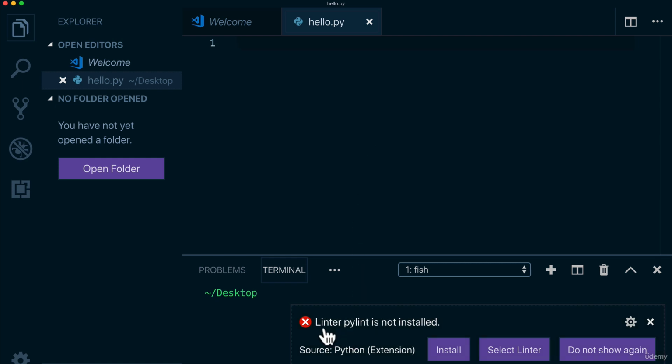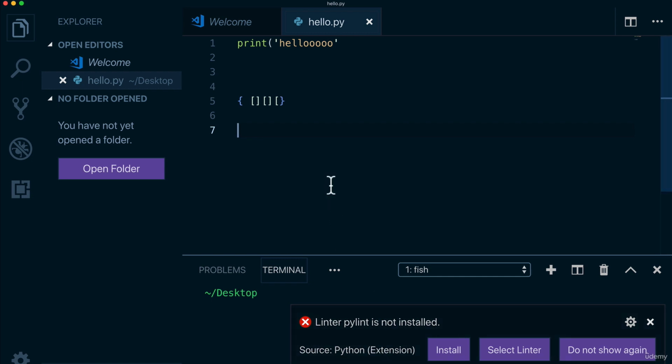There you go. And I get another hint. It says, hey, we also have a linter available for Python. Do you want to install that extension as well? We'll get to that in a bit. But for now, let's focus on this. If I do print hello, getting really creative with my code here, you see that, again, I have syntax highlighting. Everything looks good. If I miss a bracket, what happens? Do I get any errors? What if I just write some gibberish here? I'm not getting anything because, well, I don't have PyLint installed. But again, we'll get to linting in a bit.